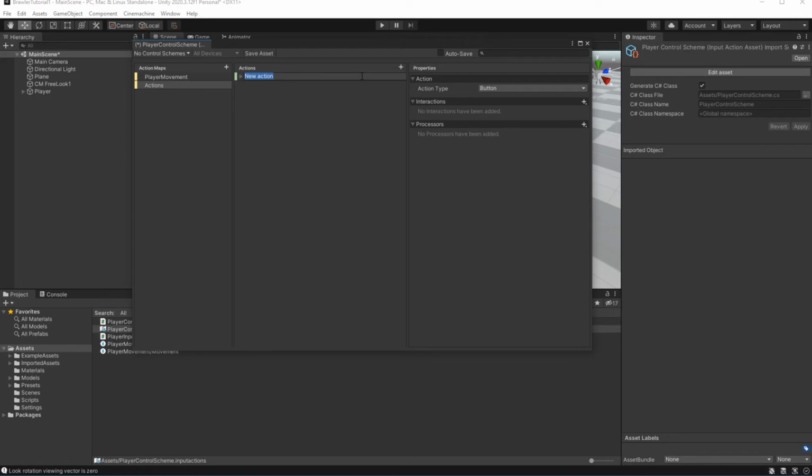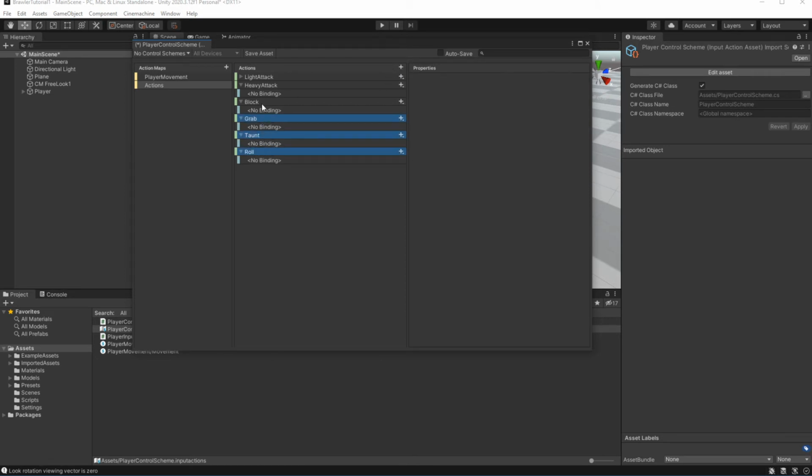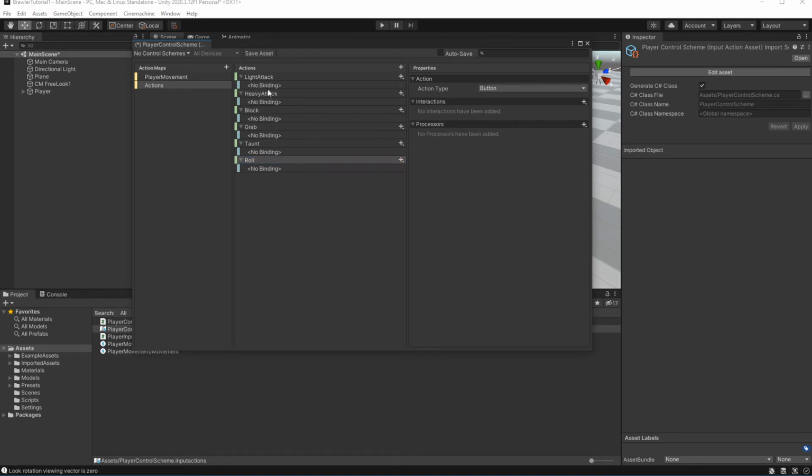Inside, let's define new actions called Light Attack, Heavy Attack, Block, Grab, Taunt, and Roll. All of them will be of type button.